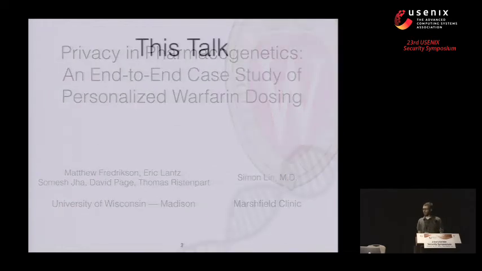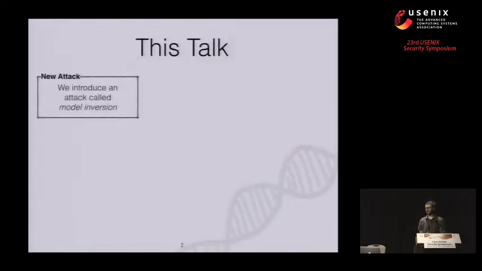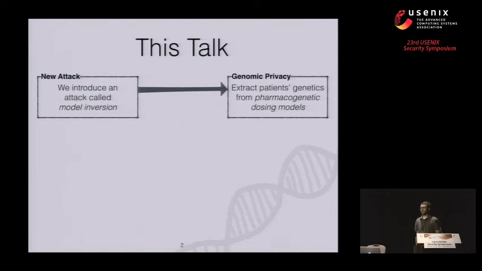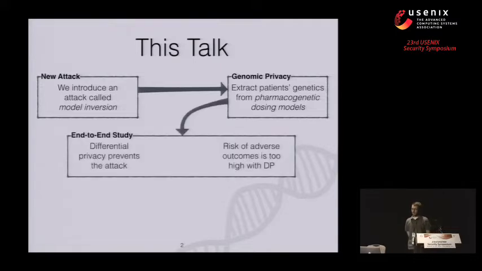Okay, so today I'm going to introduce a new type of attack on machine learning models that we call model inversion. I'll show how that attack can actually violate the genomic privacy of patients who are involved in what's called pharmacogenetic medicine. And then I'll talk about countermeasures and what, to the best of our knowledge, is the first end-to-end